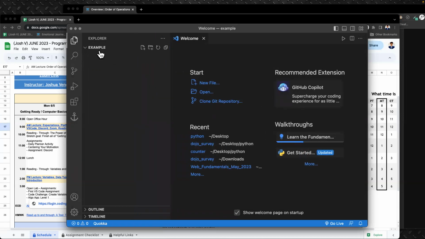See here, it says example. All right, so this here is my current folder that I'm in. This is showing me the current folder that you're in. Now I can go inside this folder and create files inside here. Okay, so the way to do that